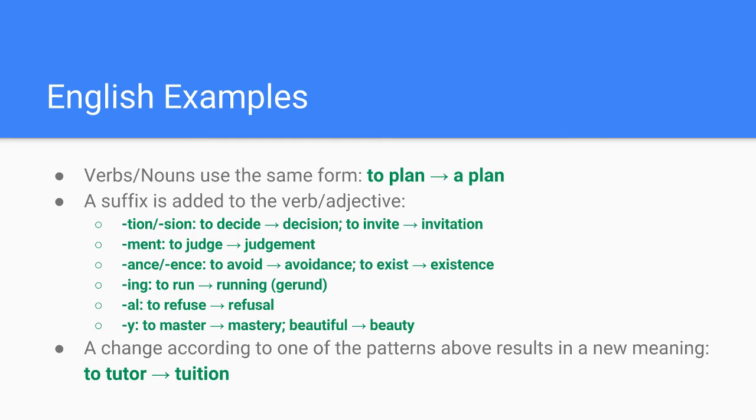You can also have some tricky situations where adding one of the suffixes actually changes the meaning of the word to mean something different. So the verb to tutor means to help someone learn something, but the noun tuition means money that you pay to go to school. So I've actually heard IICS students use this incorrectly and say I have tuition after school. What they mean is that they have a tutorial after school. They do not have tuition after school unless they're going to RO to pay their school fee.